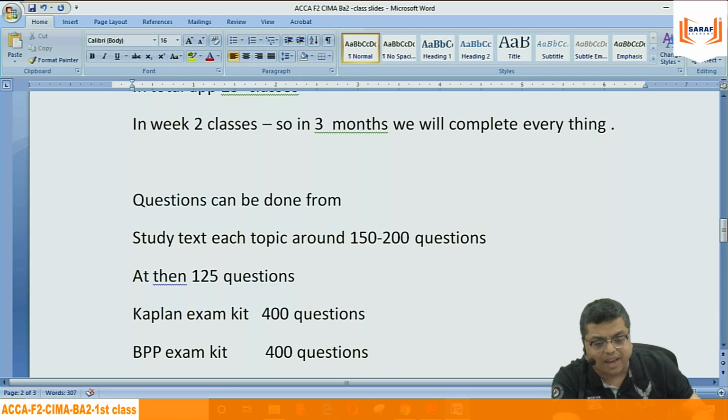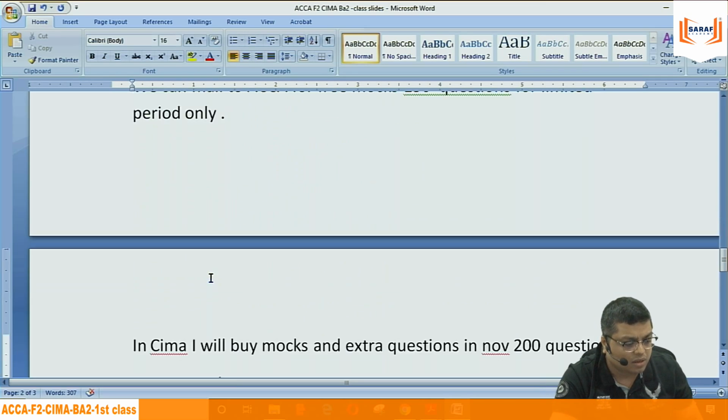Those who have given the F3 exam, Tala, Anirudh, or anybody, you must have realized that whatever questions are there in the books, that same question does not come in the exam. Exam questions will always be different. So the questions need to be done with understanding, not with the thinking that whatever I am doing from the book, the same thing will come. Not like that.